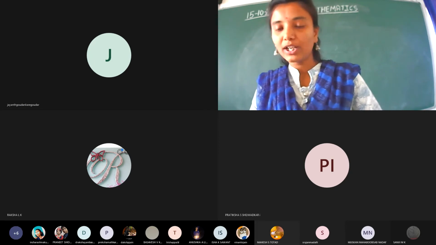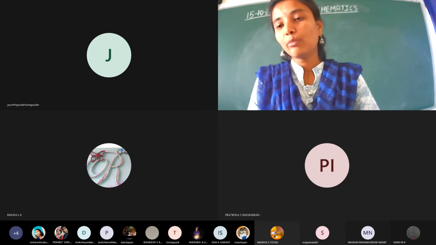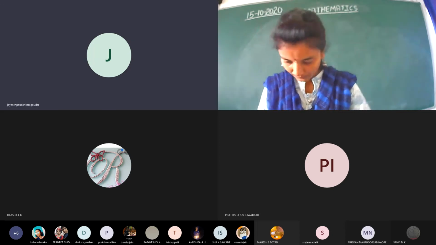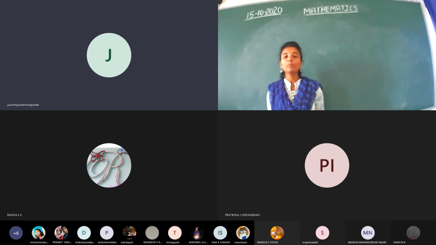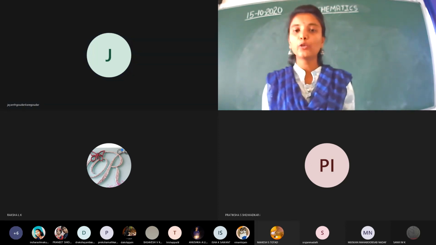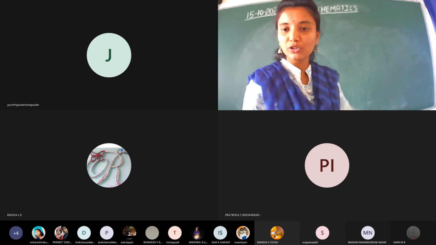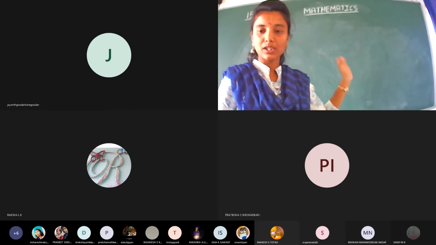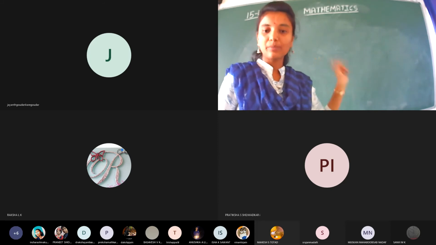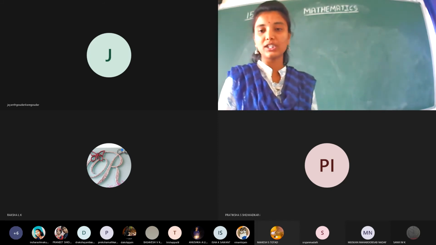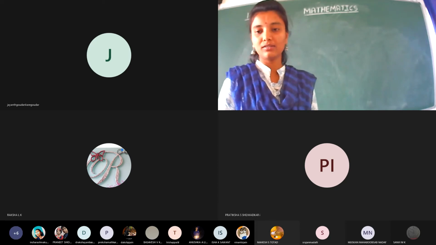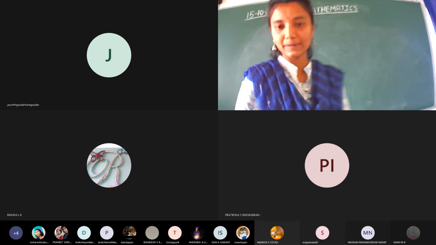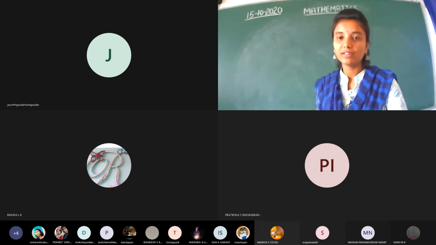If you do it in the calculator, it will show like this, 100.99999 like that. The decimal points of division you will learn in higher classes. First you should get perfect in this division method: 2 digit, 3 digit and 4 digit numbers. Division by single digit number, division by 2 digit number. First you should get perfect in these. Then you will learn the decimal points.